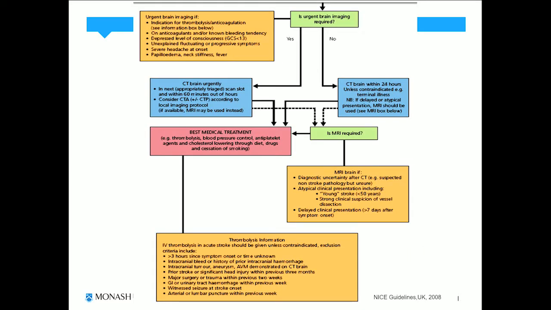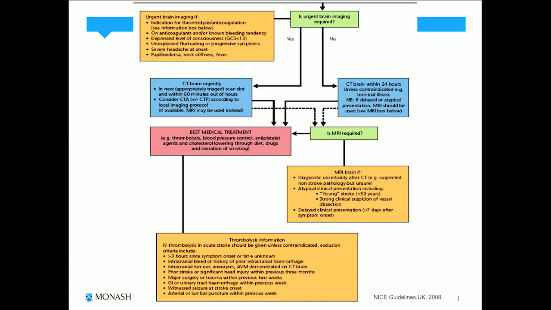Now, I think I've given you the NICE guidelines before. So here are the NICE guidelines about stroke. And you can see, the first thing is urgent brain imaging. A patient who has been identified with a suspected stroke should be scanned at the next slot, because the main thing is to consider whether the patient has hemorrhagic or non-hemorrhagic stroke, because of the difference in